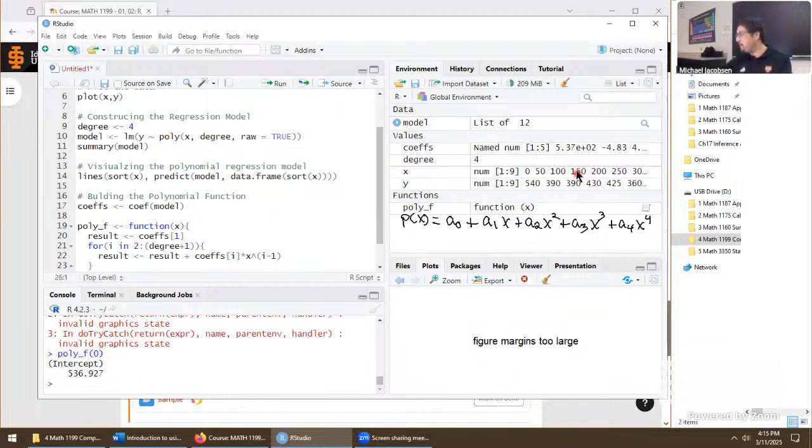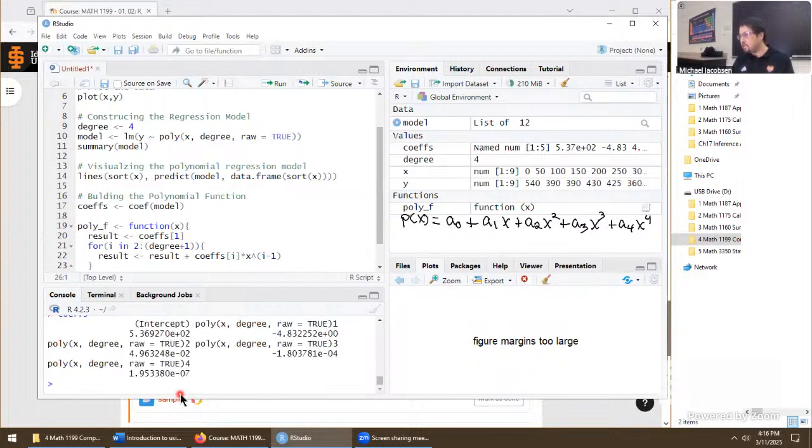Let me see here. I might have a mistake on this. Something went a little bit awry with my coefficients. It's in scientific notation out of nowhere. Let me see what happened. Coeffs. The intercept is now 5.3927, which would be 536.